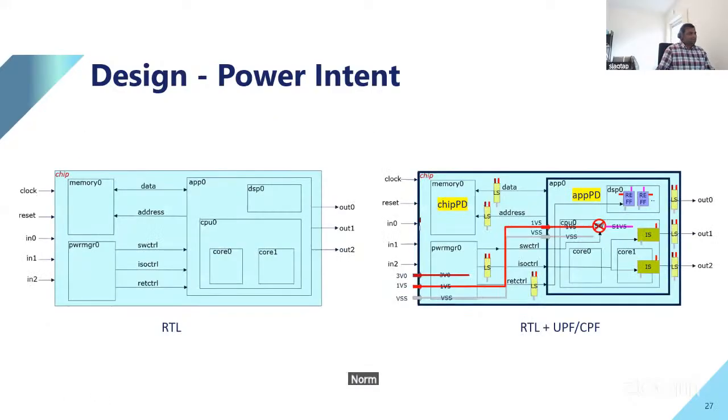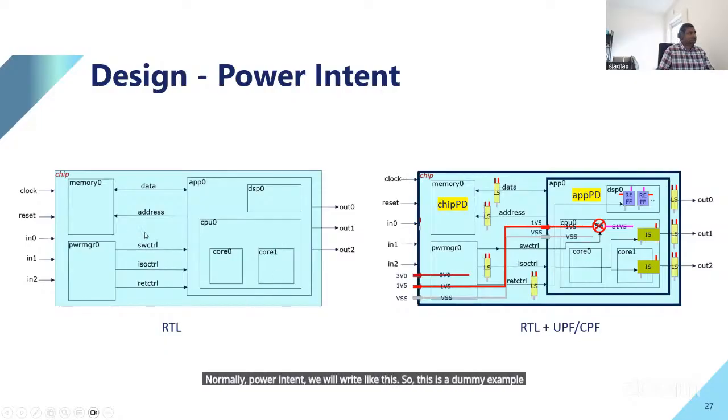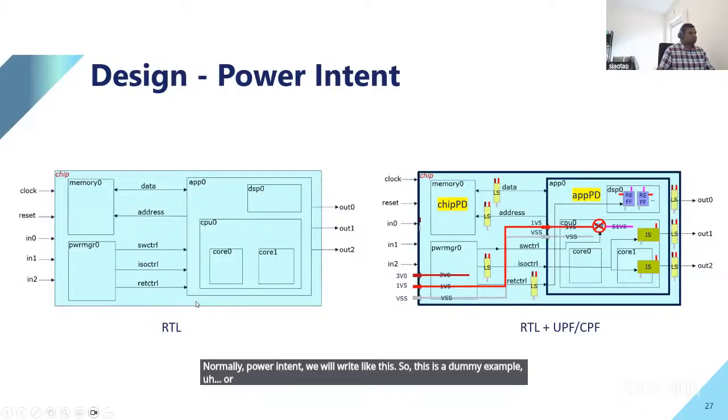Normally power intent, we will write like this. So this is a dummy example, or made up example. So you have a chip, it has a